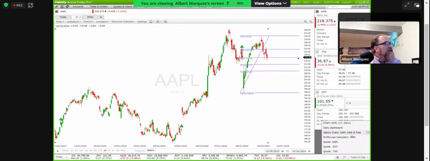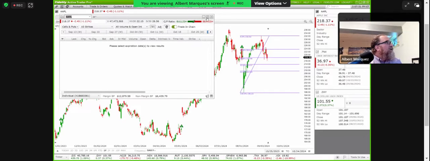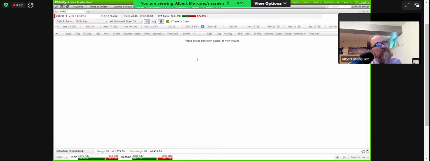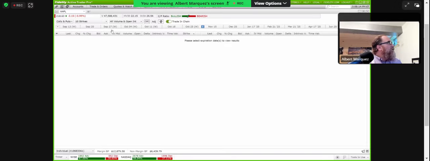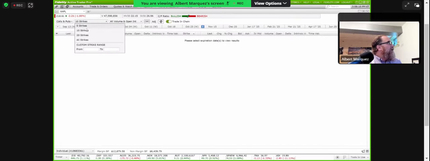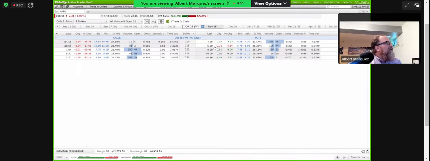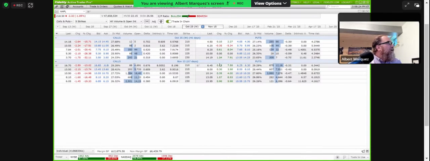Now let's go to the actual option chain itself. The first thing you're looking at is trying to figure out what expiration to use. Right away, I want to draw your attention to something on this option chain that should, at the very minimum, be a yellow flag. And that is, of course, the earnings, which are slated to come out on Halloween, no less, for Apple. So what does that mean for you? Well, that means that if you're looking at options today, you can look at a couple of things. I'm going to reduce this to 5 strikes just so we can get a cleaner look here. But let's say you're looking at October 25th right before expiration and the November 15th right after expiration.